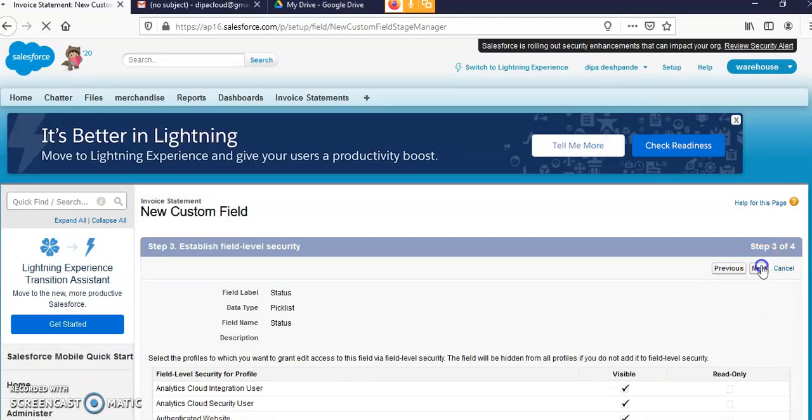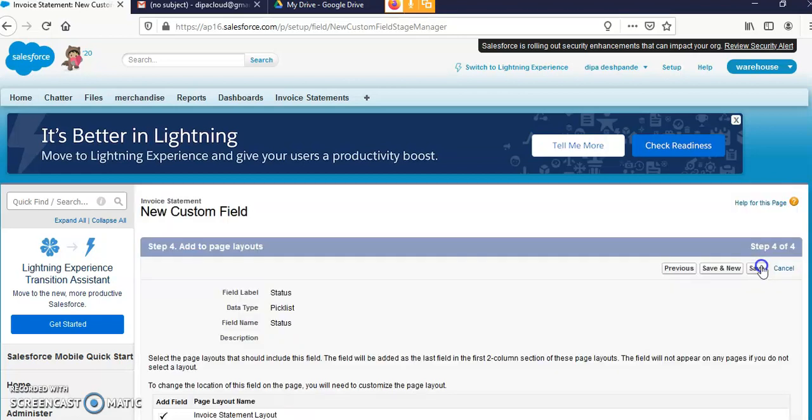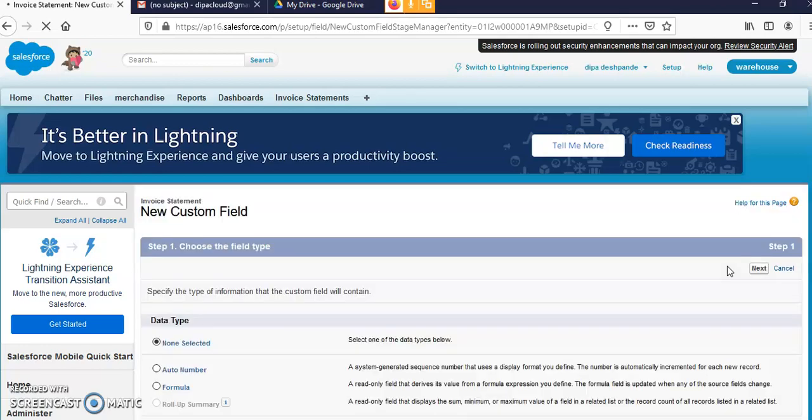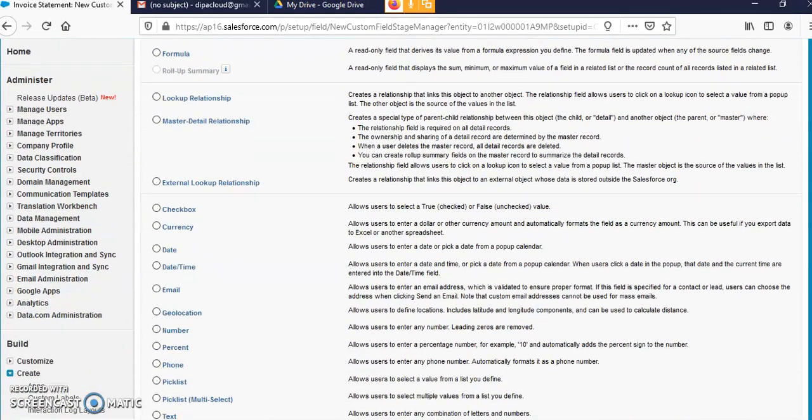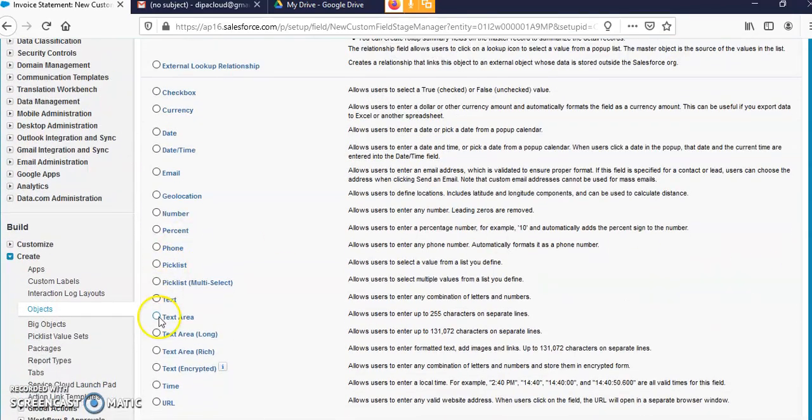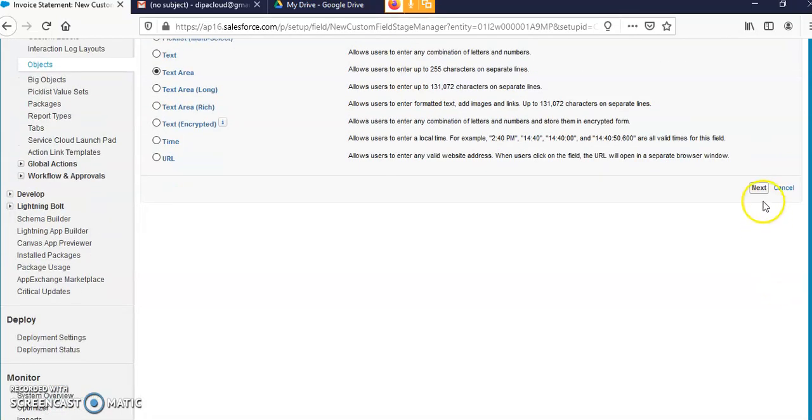next, Save and New. We are adding one more field, that is the description. For that description, I am going to select Text Area as the data type.